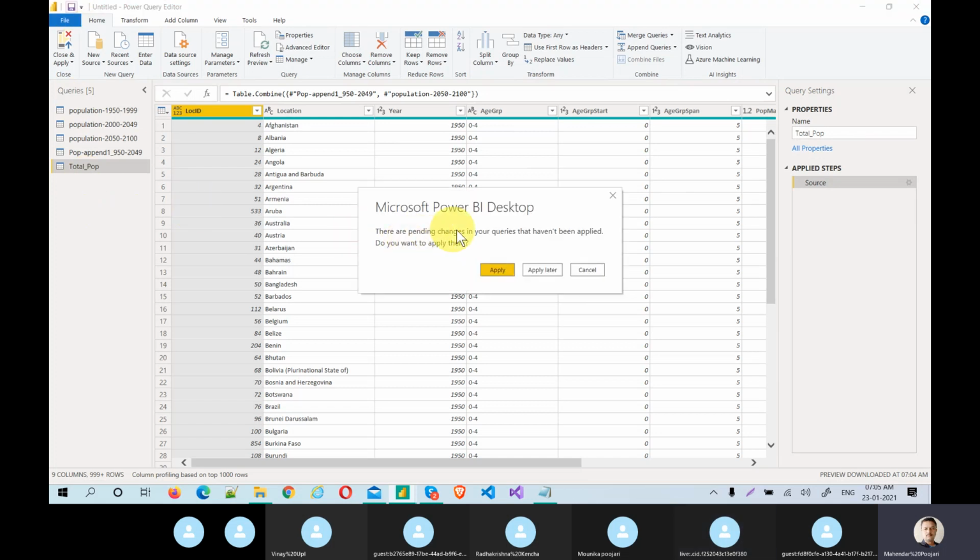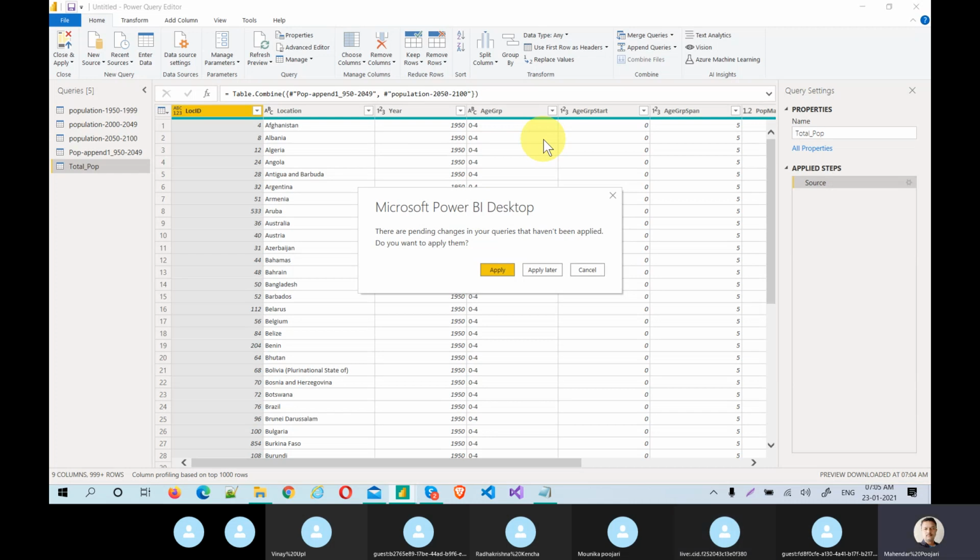See, there are pending changes in your queries that have not been applied. Do you want to apply them? No, apply later, which means data will not be loaded into Power BI. It will still be in the query editor. This is one of the beautiful things everybody should understand, because as a developer you might not achieve everything in one go.